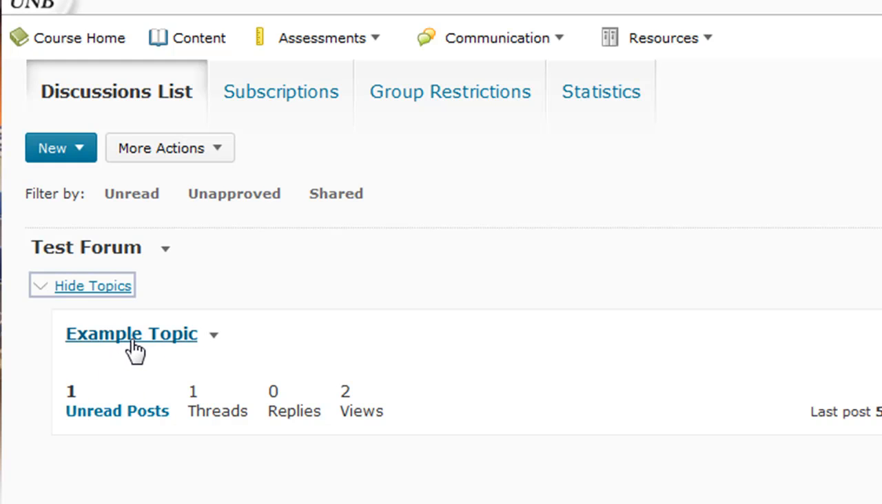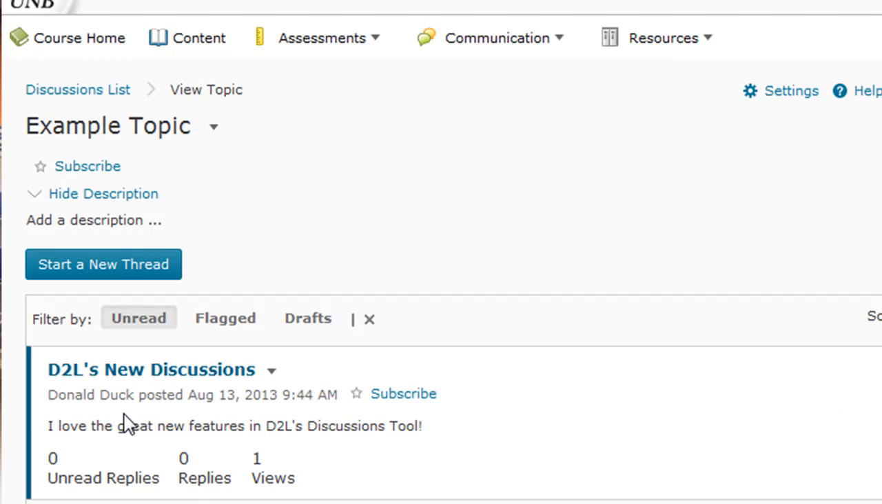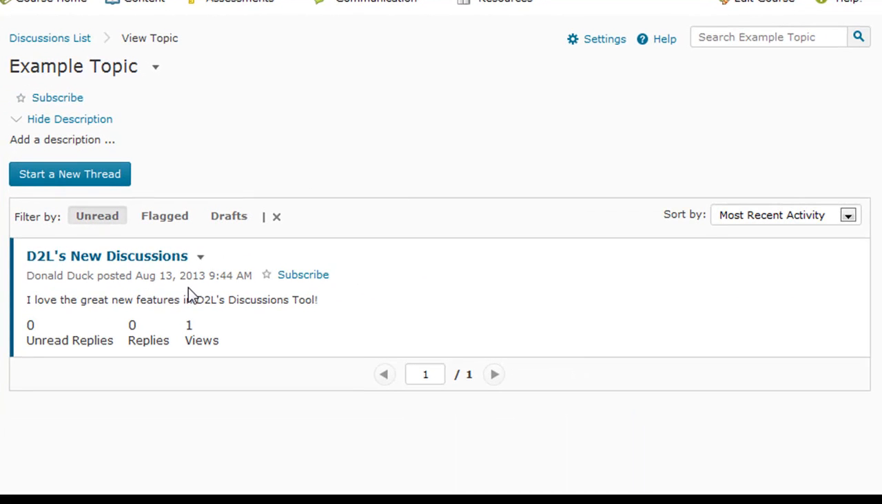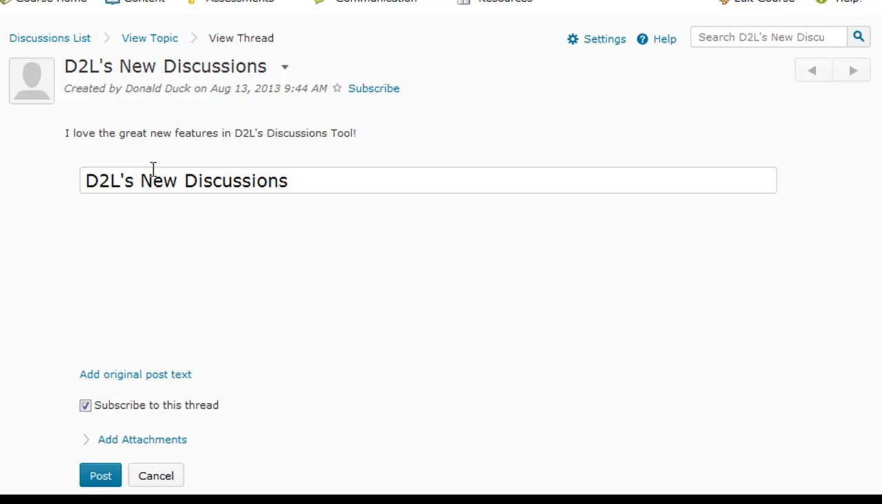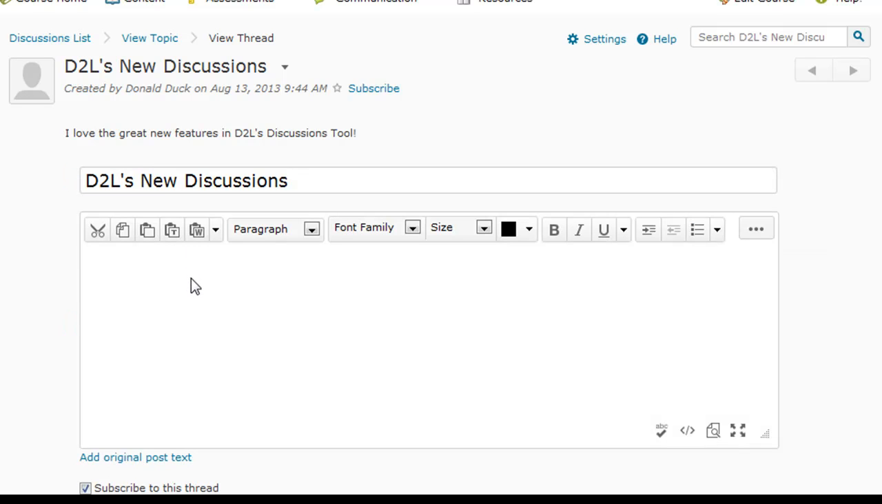So as you can see here, under the example topic, I have one unread post. So what I can do is actually click on that one unread post, and it'll bring me in here, and I can see that Donald Duck went on and posted this. So Donald came on and said, "I love the great new features in D2L's discussion tool." So that's perfect. So what we can do is click on the message that he created, and I'm going to reply to the thread. So I can put in something like,